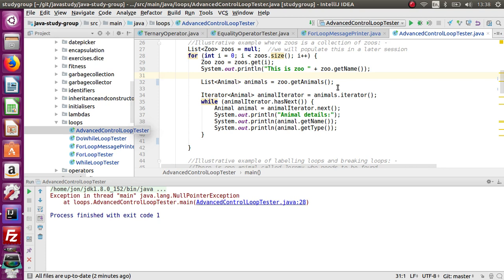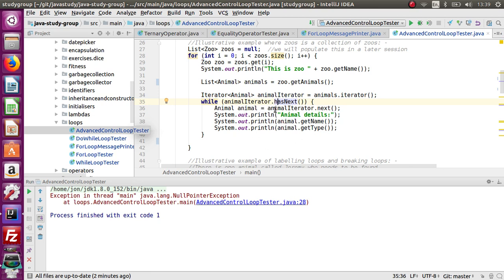So we're in the Chester Zoo loop, and we're introducing quite a few things here that we'll cover in more detail later. For any collection class, like a list or a map or an array list, there's a very handy construct called an iterator. You can construct an iterator like this on a collection class, because animals here is a list, and it'll allow you to iterate one by one through it. And iterator has this very nice method, hasNext. So what we're doing here is while the iterator has next, while it has something else still in it,